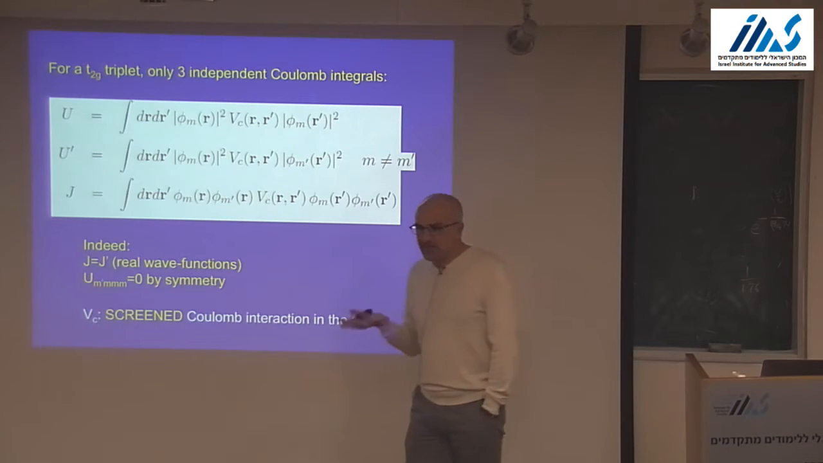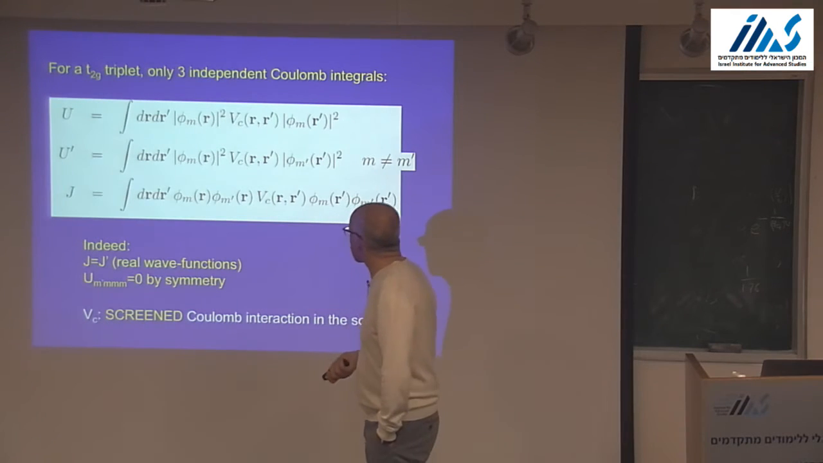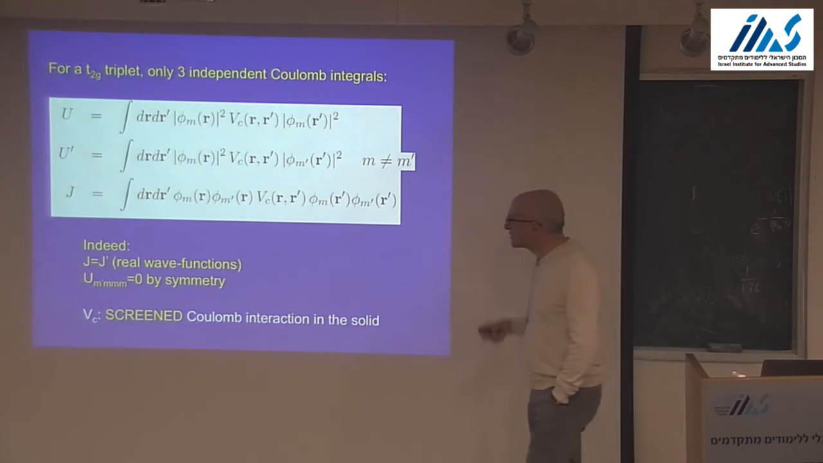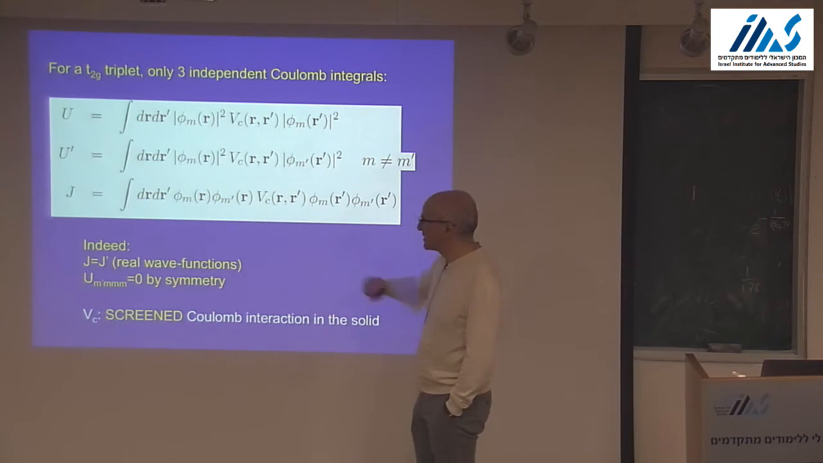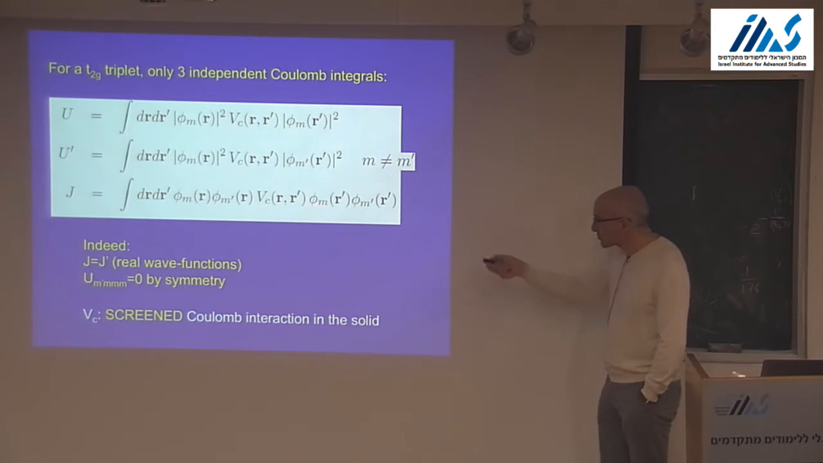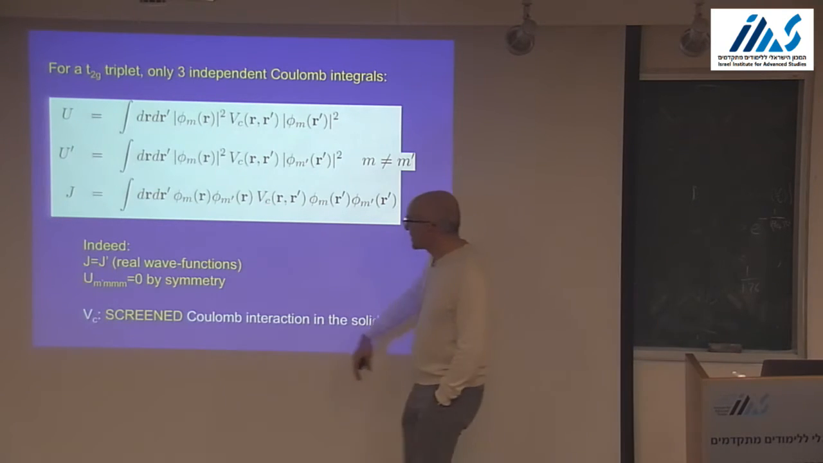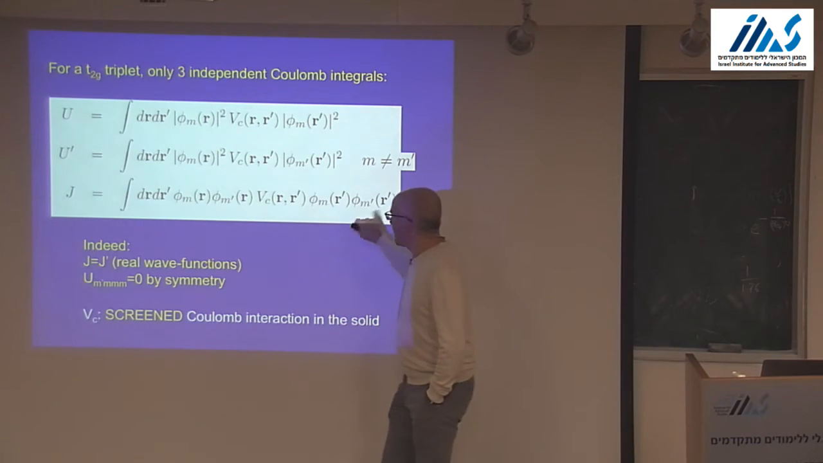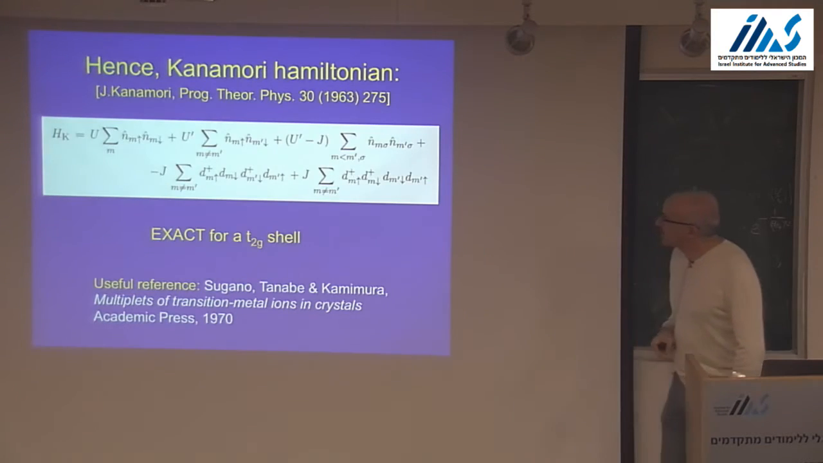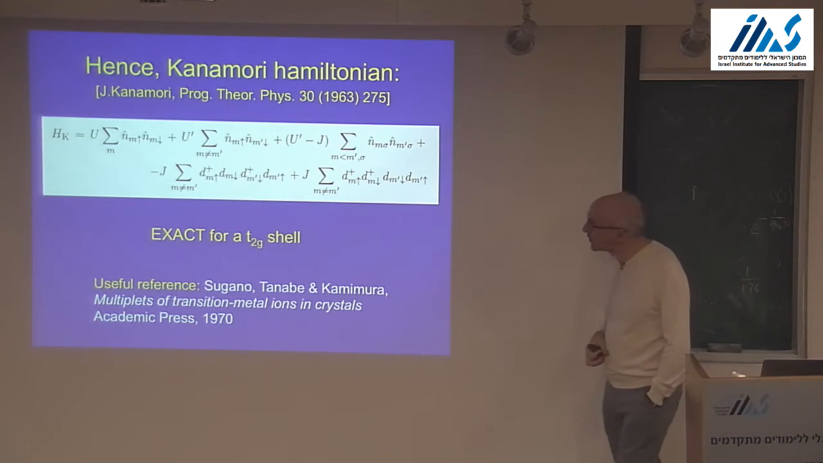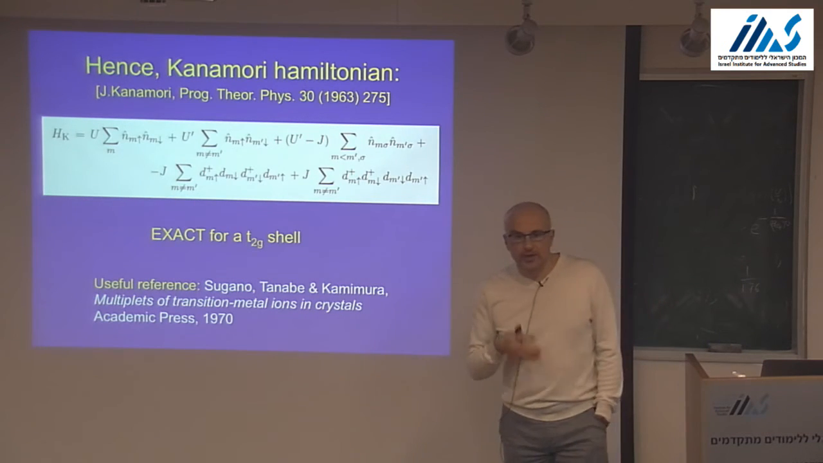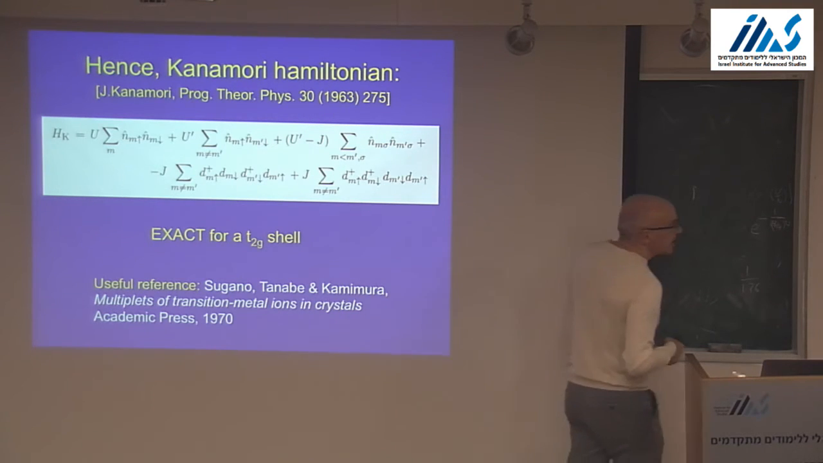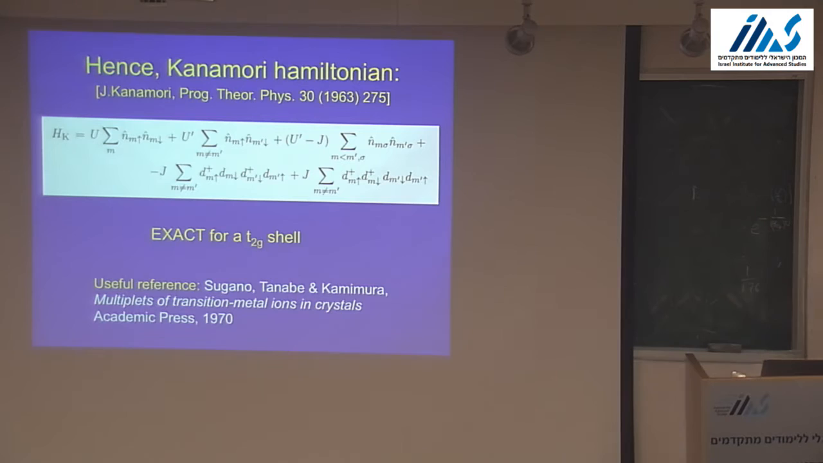And of course, there is exchange, because we do quantum mechanics. There is the exchange integral. Here, in the case of T2G, there is only one. So this is the exchange integral J, which is here. Please observe here that we have mm prime and here mm prime. And once you do all this, you can write the effective Hamiltonian that describes interaction in a T2G shell according